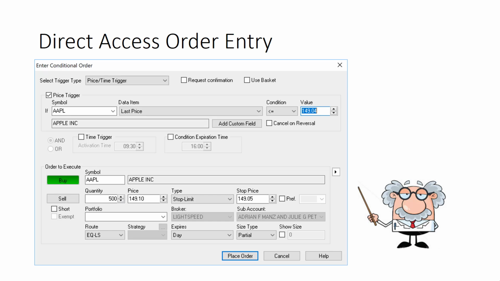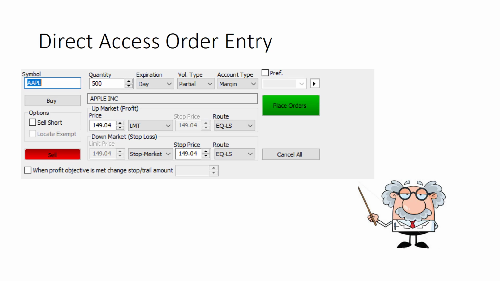As you get more and more familiar with a piece of software, there are more and more options that become available to you. Let's look now at another order that's available in direct access software. This is an OCO order. So assume that you bought some shares using a limit order, and now you're in the stock and you want to manage an exit. You want to step away from the machine and you want the machine to automatically handle the rest of the trade for you.